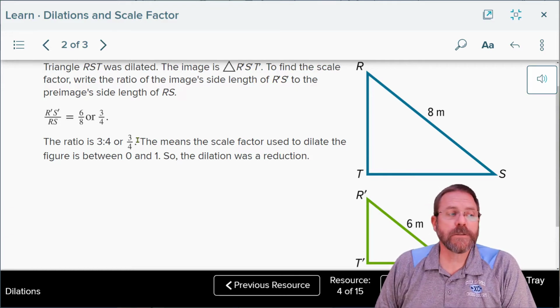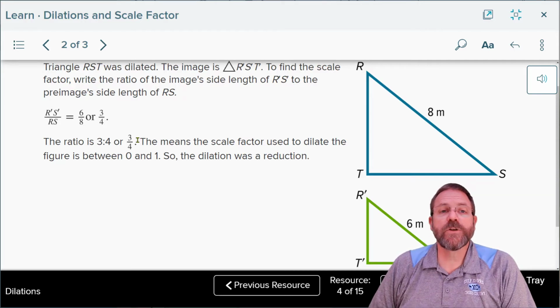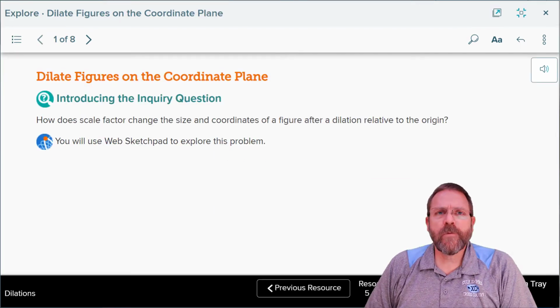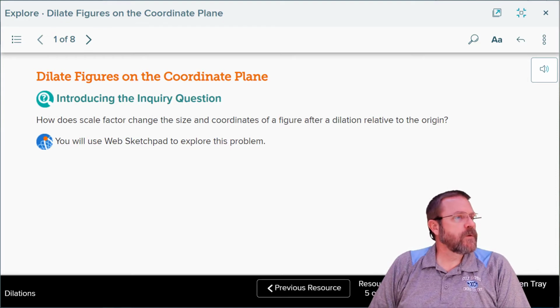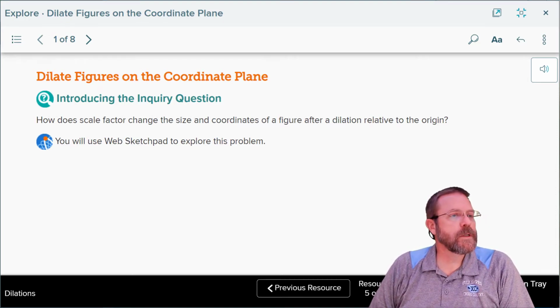It's written as a fraction in lowest terms. The scale factor is 3/4. 3/4 is a number less than 1, so we know that the image is going to be shrunk when it dilates. We have an inquiry question here that says, how does the scale factor change the size of the coordinates